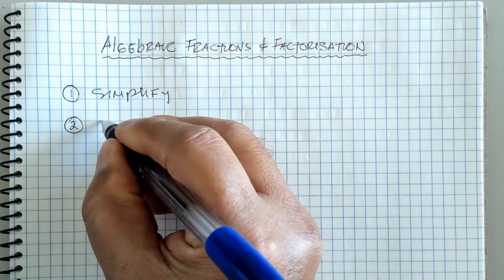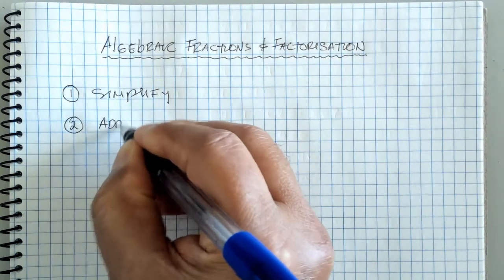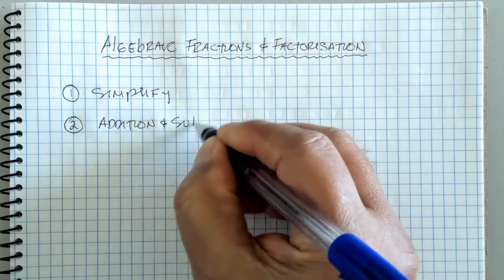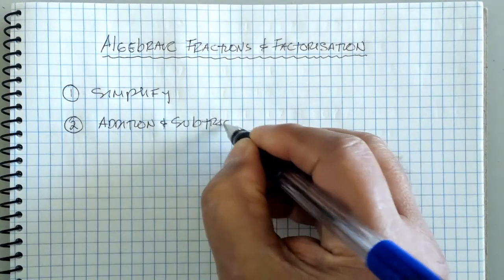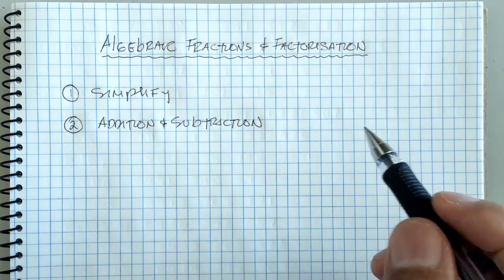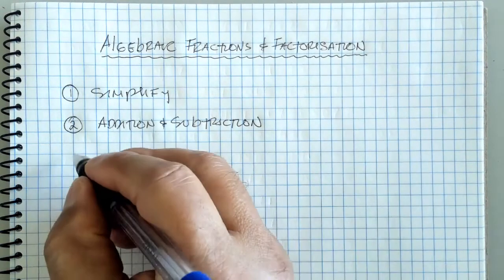So we're gonna do an addition and subtraction of algebraic fractions using factorization, and then